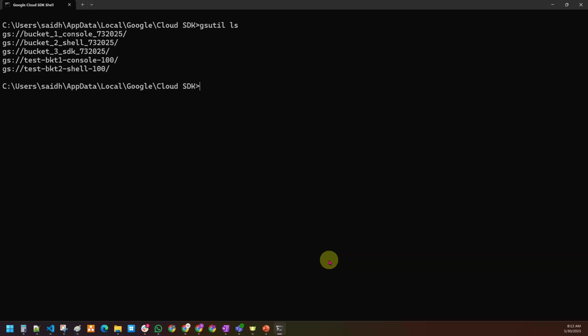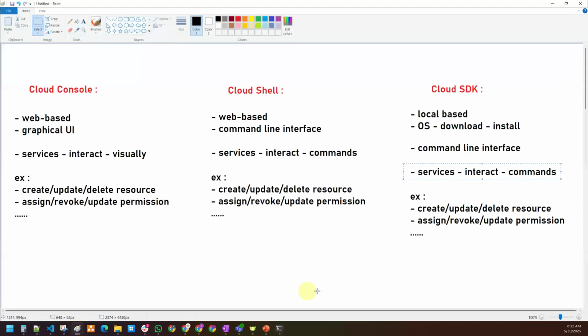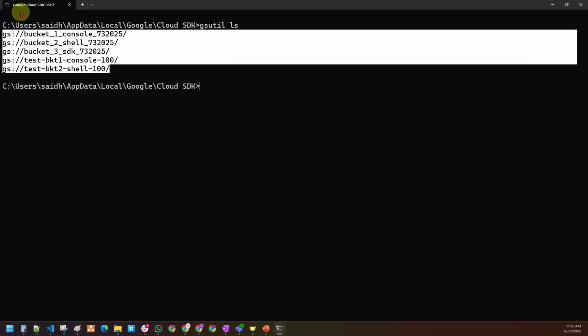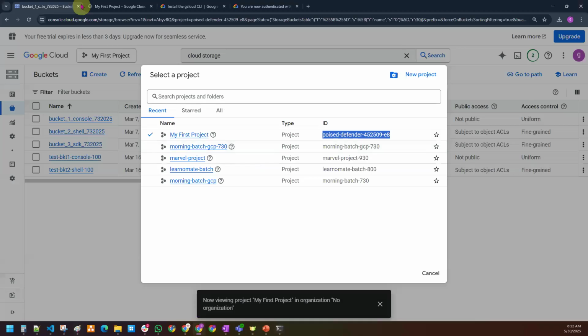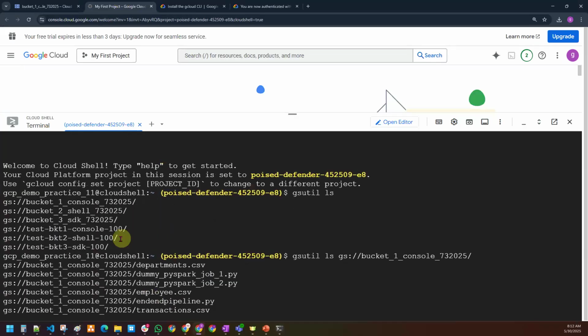Total 5 buckets are there, right? So the moment you enter, you see there are 5 buckets, which you are able to list down from here also, the same 5 buckets.